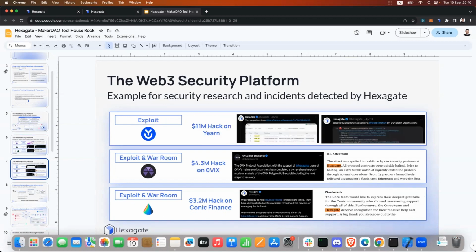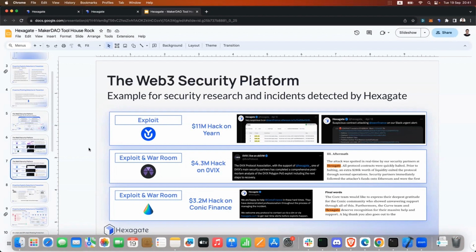And lastly, a couple of other examples was detecting the 11 million hack on Yearn. We've been helping Economics and the war room whenever they got hacked in real time, both to track the funding sources of the attacker and also what happened in the attack, where the funds are going, and basically manage all of the war rooms whenever something happens in real time.